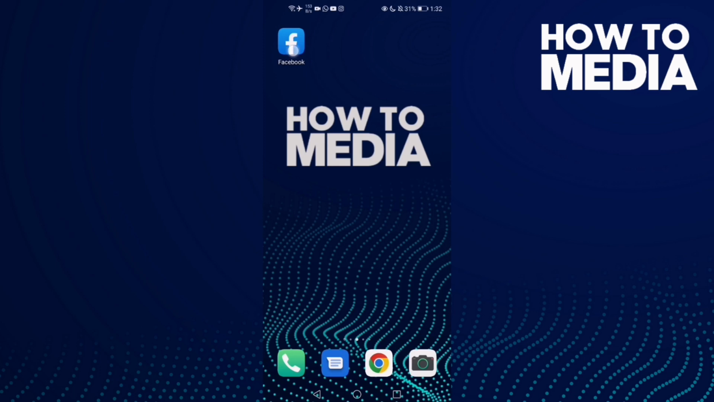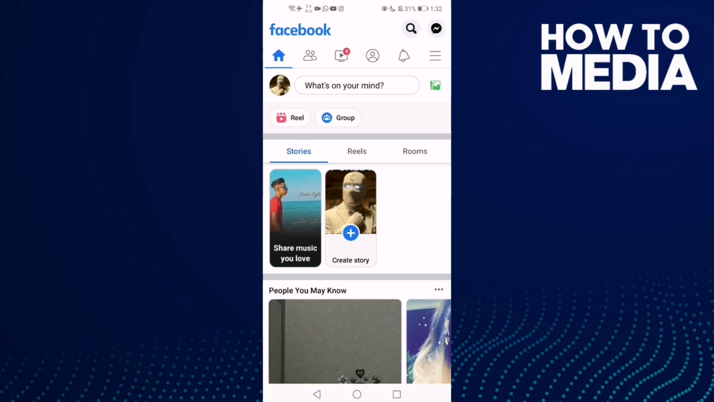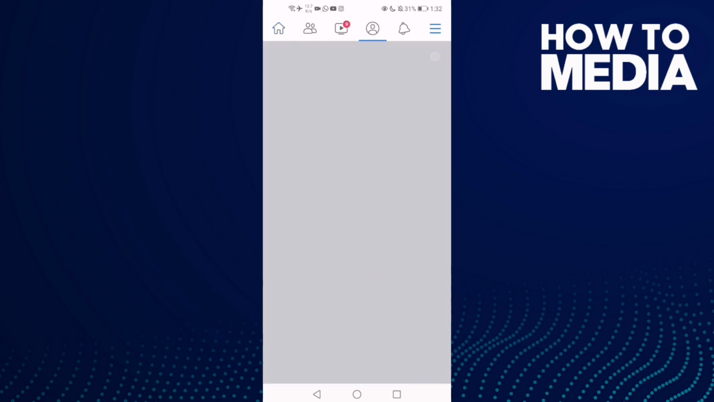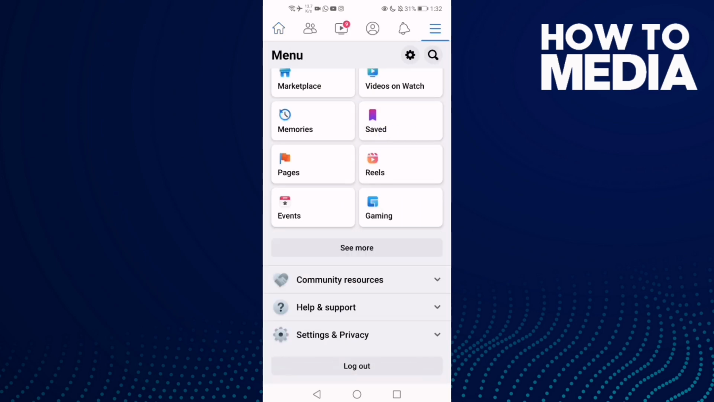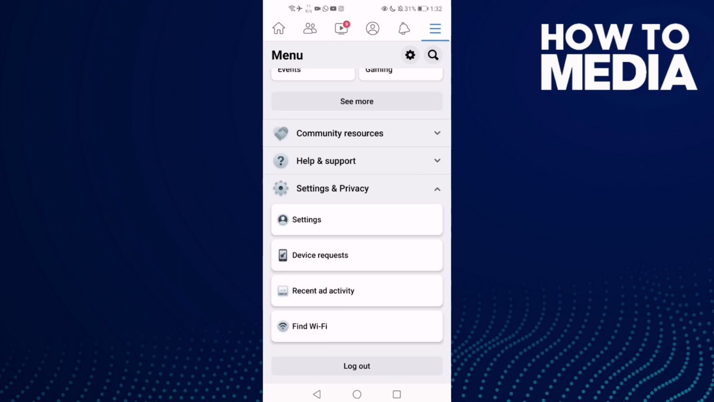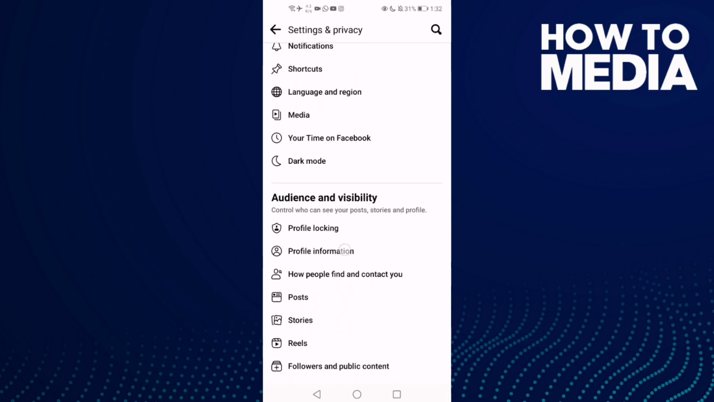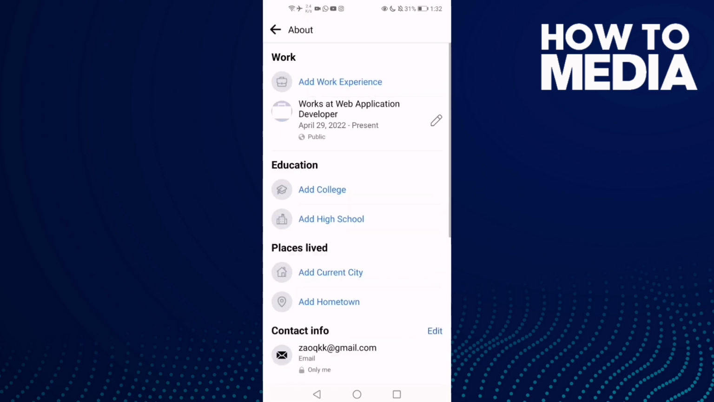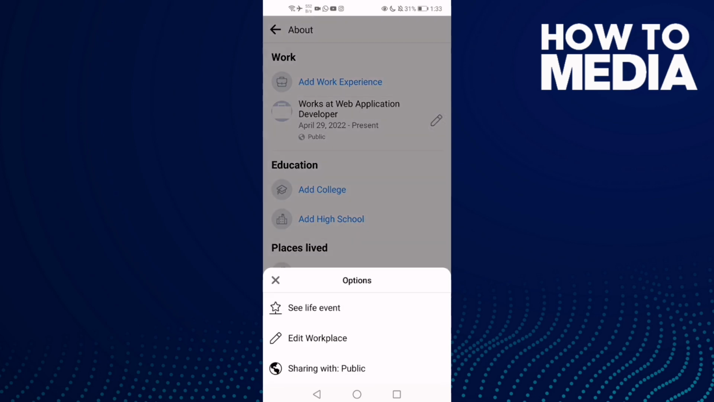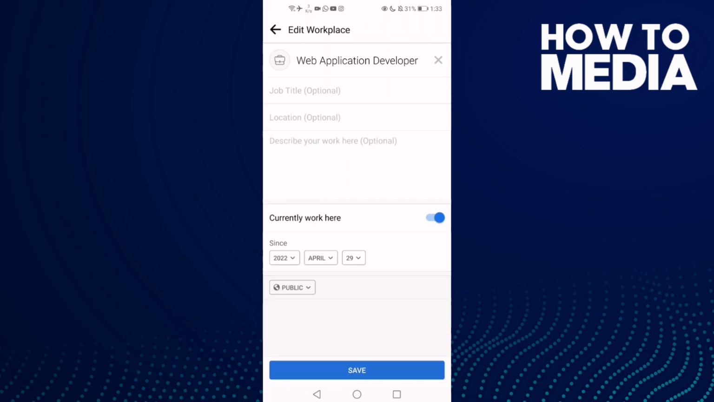First thing I'm gonna do is go to Facebook and then click these three lines here and go down and click settings and privacy and then click settings, and now go down and click this one, profile information, and here all you need to do just click this pen and click edit workplace, and now all you need to do